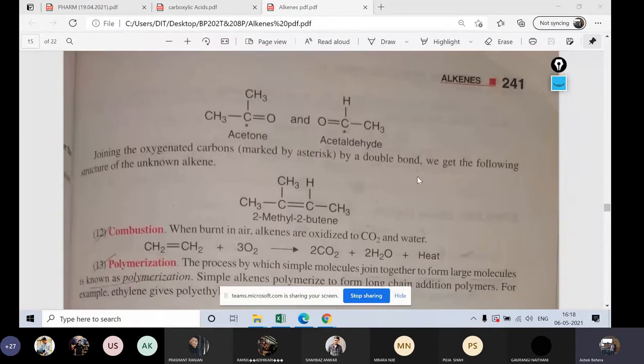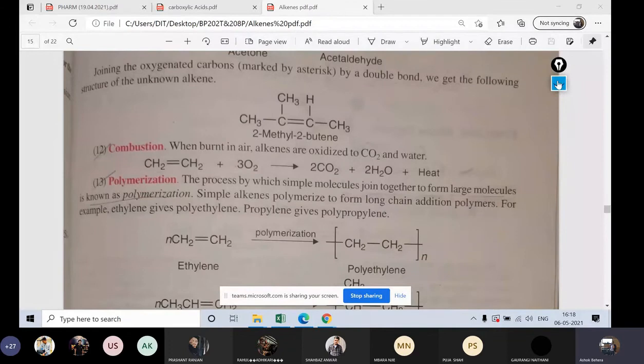Did you understand, son? Okay, so next is one more reaction, your combustion. Okay, I have forgotten to tell you. So anything you are going to do in presence of air or oxygen, combustion means carbon dioxide and water with heat evolved. Alkane also, do it and same reaction. Combustion is a common property.